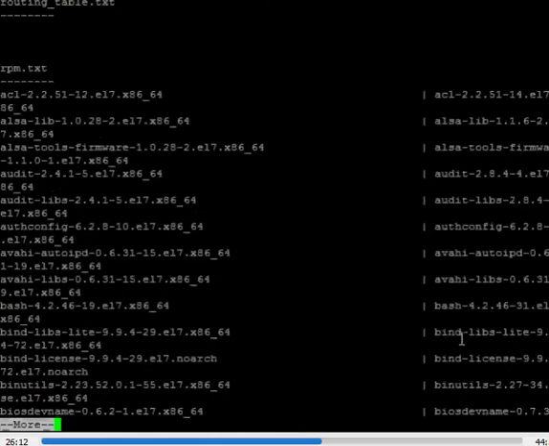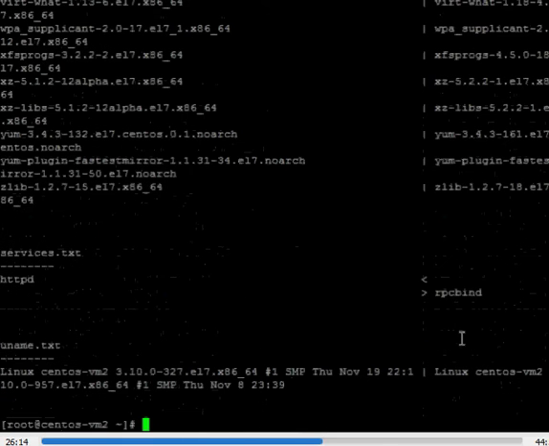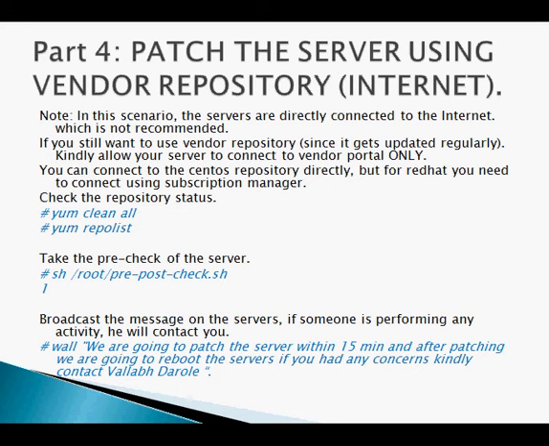These are the packages that are updated, and you can see the old kernel as well as the new kernel. And here you can see in services that Apache services is not started because it is not auto started enabled. Now we have completed the patching of the CentOS VM2 server, that is our web servers.